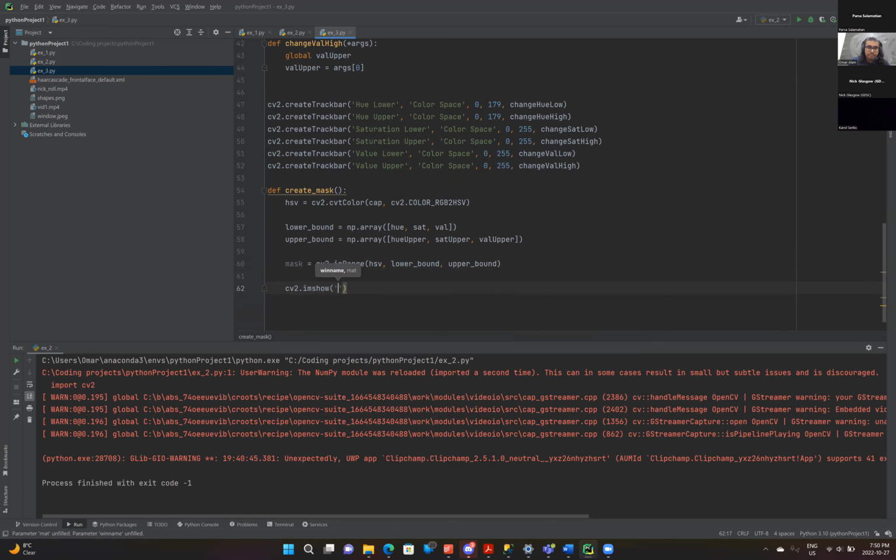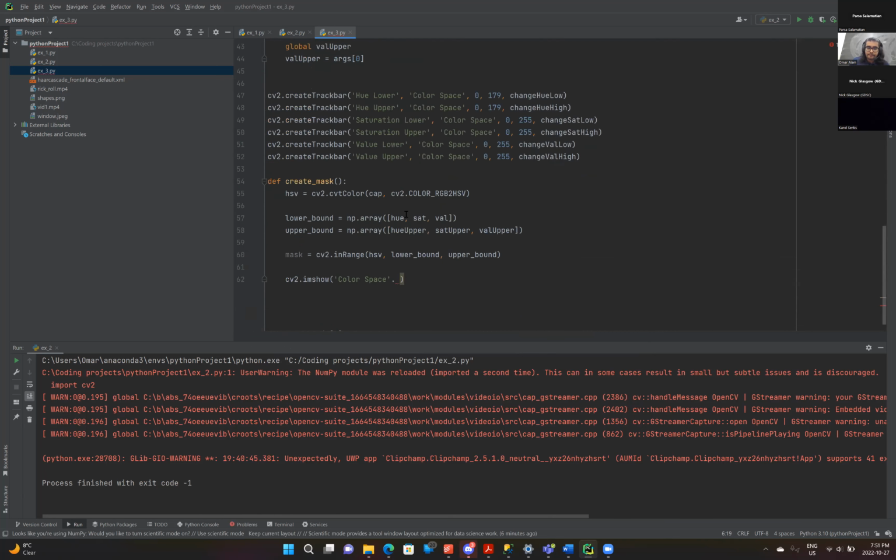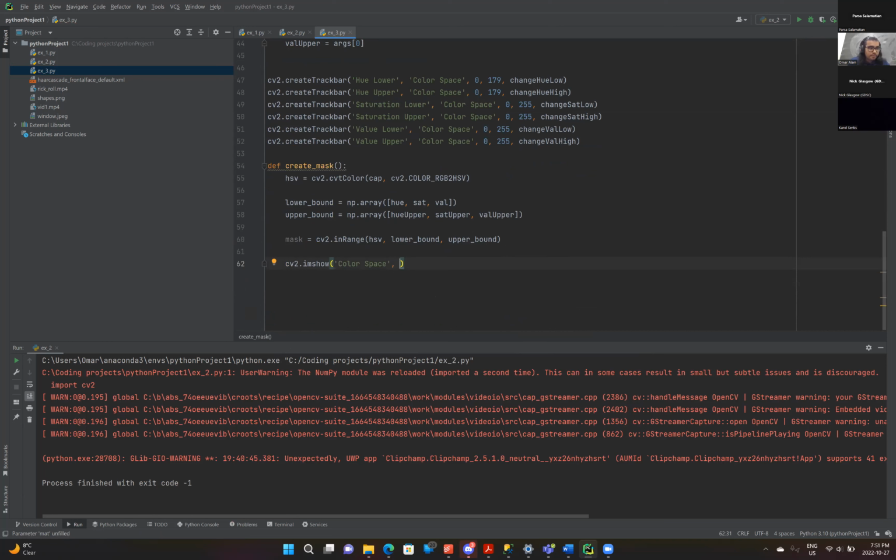And we'll just display this in the color space window. Remember that it is case sensitive, so be careful about what you put in here. It should match exactly what you have up here on this line. All right. So once we have that, we can just pass in our mask,